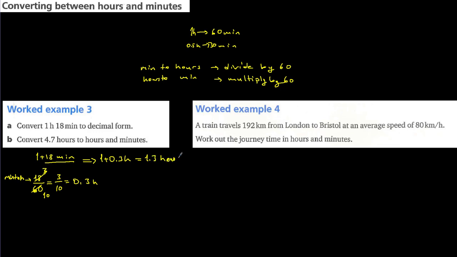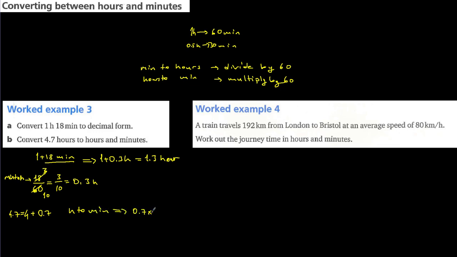it should be. Okay, now I'm going to do this one for the second one, convert hours to minutes. So it's going to be 4 hours plus 4.7 is equal to 4 hour plus 0.7 hours, and 0.7, which means I'm going to convert from hour to minute. Hour to minute is going to be